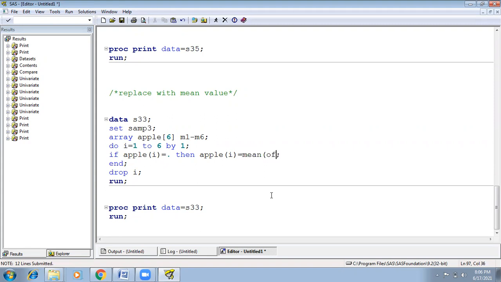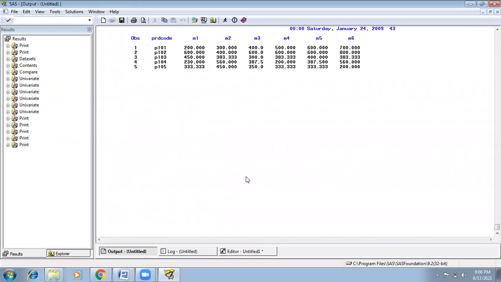Mean of M1 to M2, and a new data set name. According to that, it replaces with the mean value.